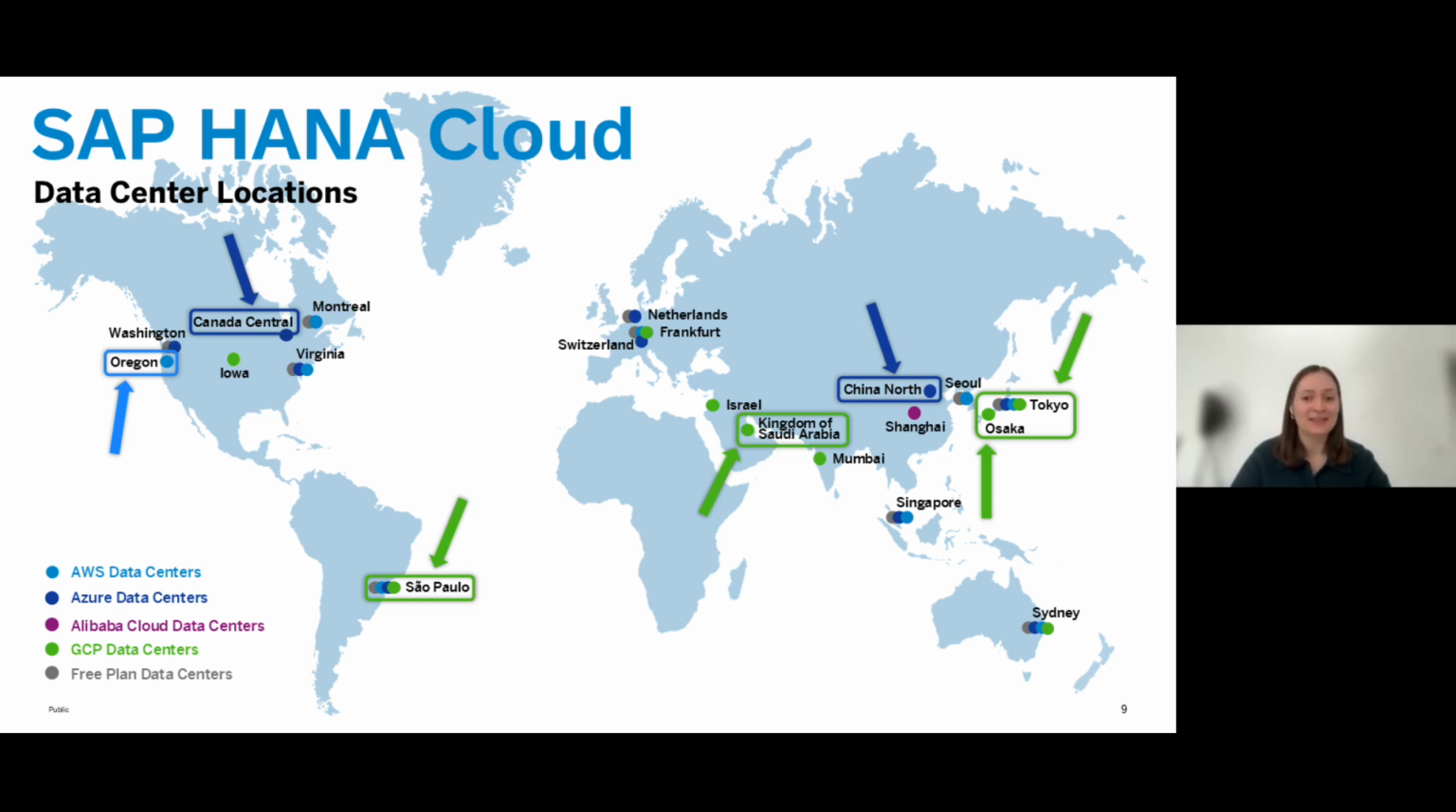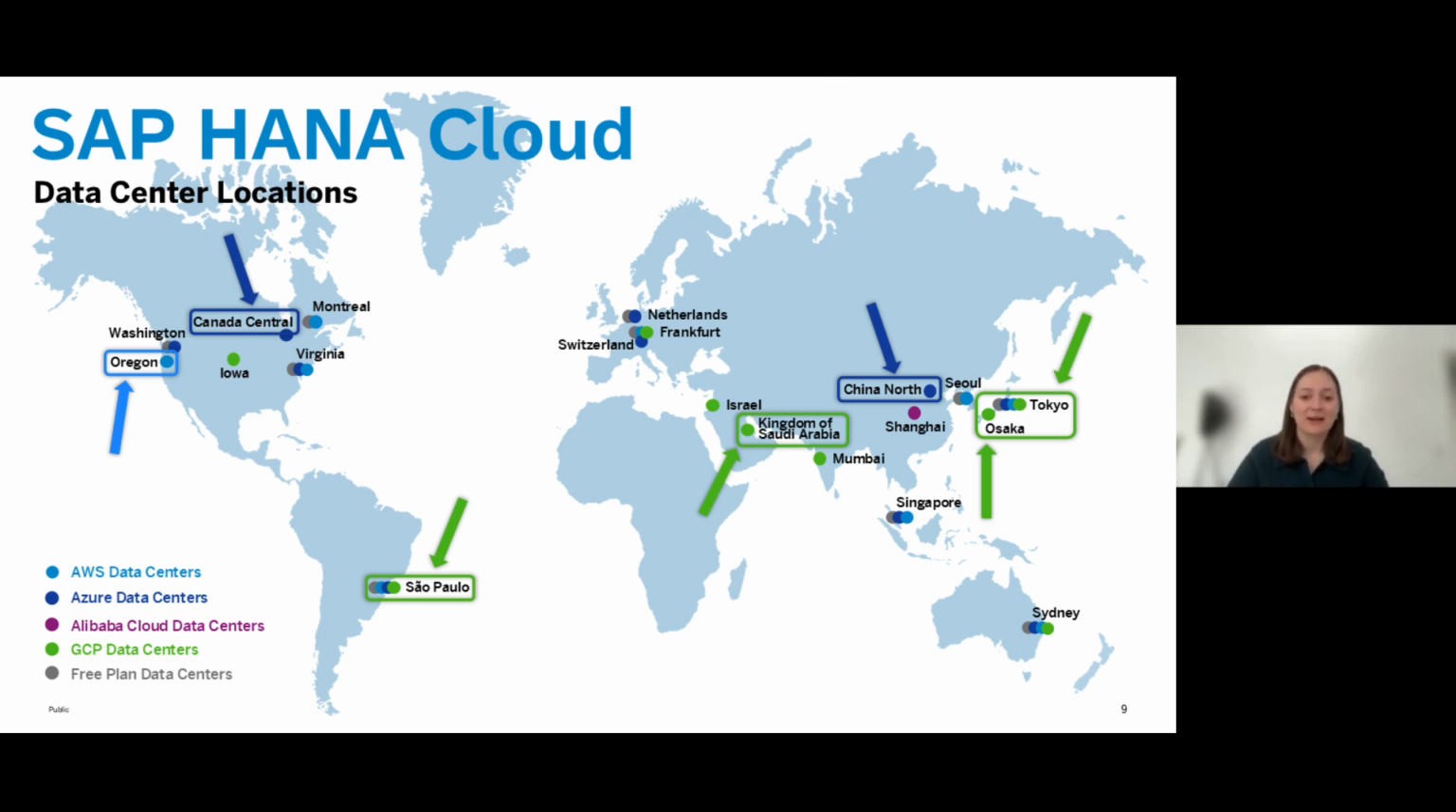Four GCP data centers, one in Sao Paulo, Brazil, one in the Kingdom of Saudi Arabia, and two in Japan, one in Osaka and one in Tokyo. We're also adding two Azure data centers, one in central Canada and one in China North, and one AWS one in the US in Oregon. This actually allows your customers to pick the data center of their choice in the region and from the hyperscalers